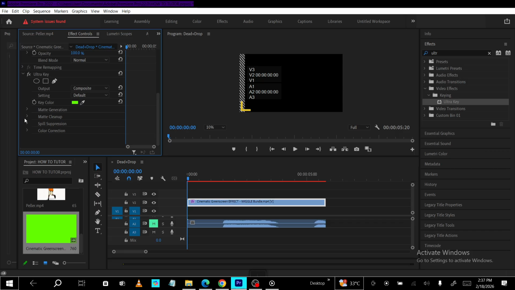Small adjustments go a long way here. Aim for a natural feathered edge that still feels crisp. If you notice a green tint on your subject,